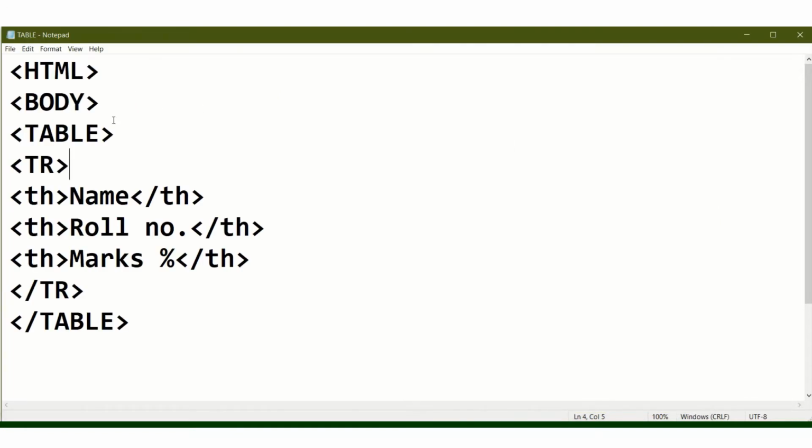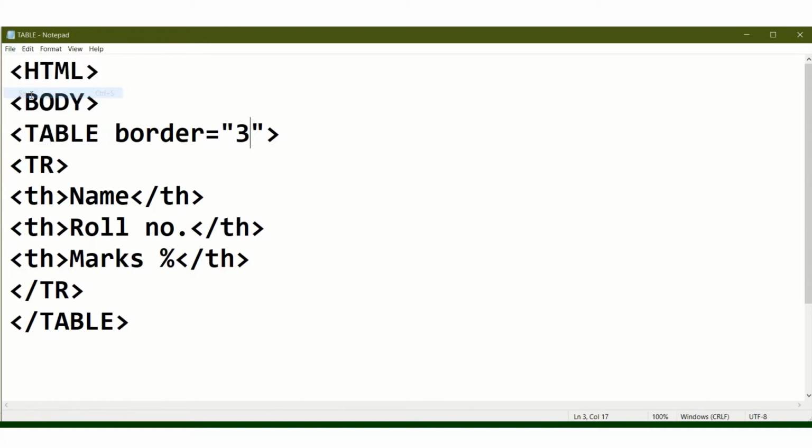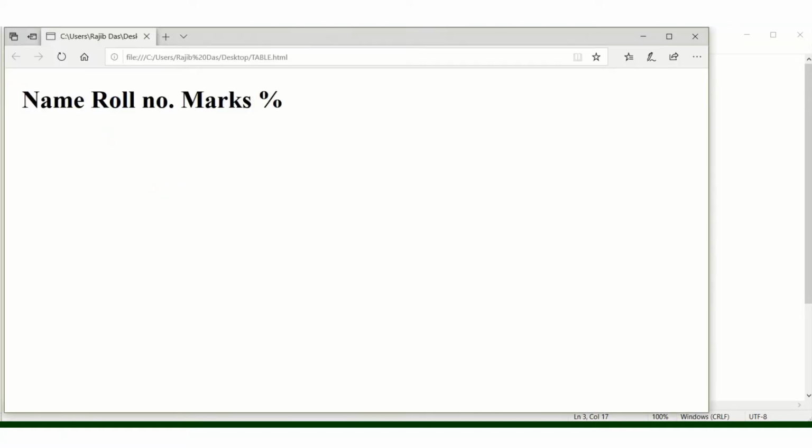First of all, I am giving the table border. This is the attribute of the table, border. Suppose I am using 4 or 3. So 3 I am giving. This is the table border. So let's see after giving the border what will be the change.